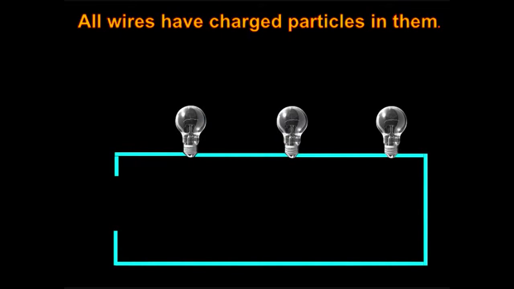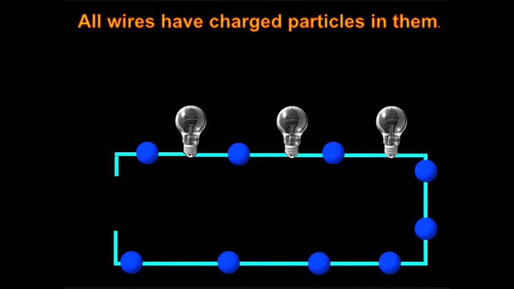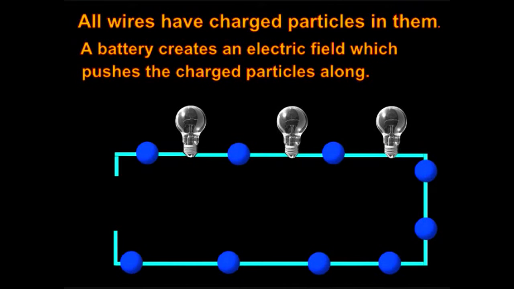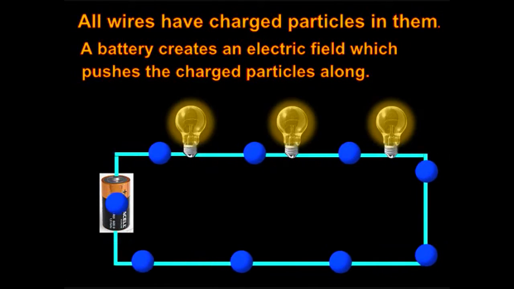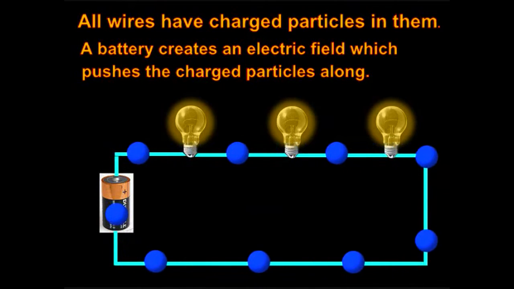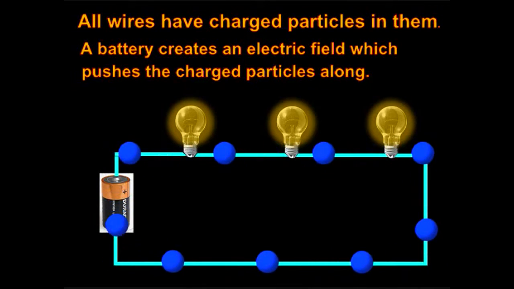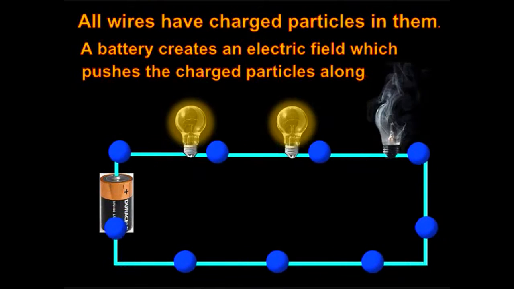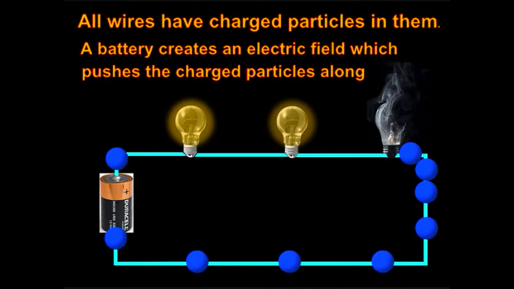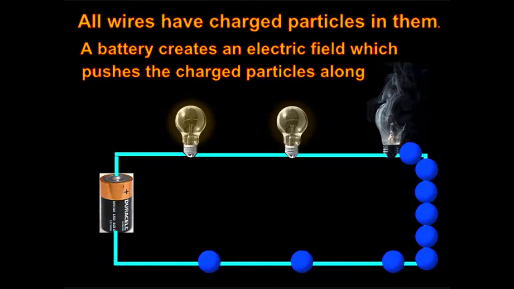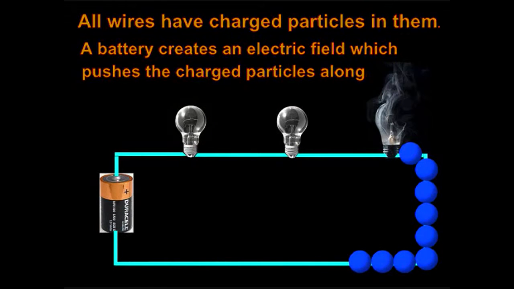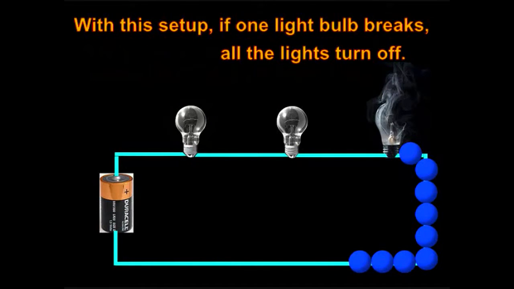All wires have charged particles in them. A battery creates an electric field which pushes the charged particles along. With this setup, if one light bulb breaks, all the